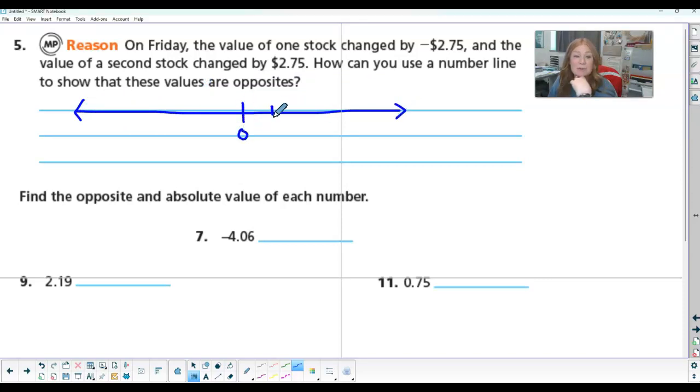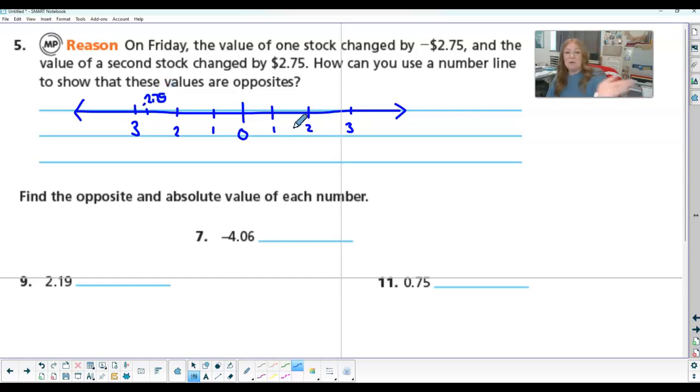Here's 0, so here's 1, here's 2, and I need to keep going because we have a little bit more than 2. So 1, 2, 3. So $2.75. So if we go negative 2, and right here's about half, so here's about 3/4 of it. So here's negative